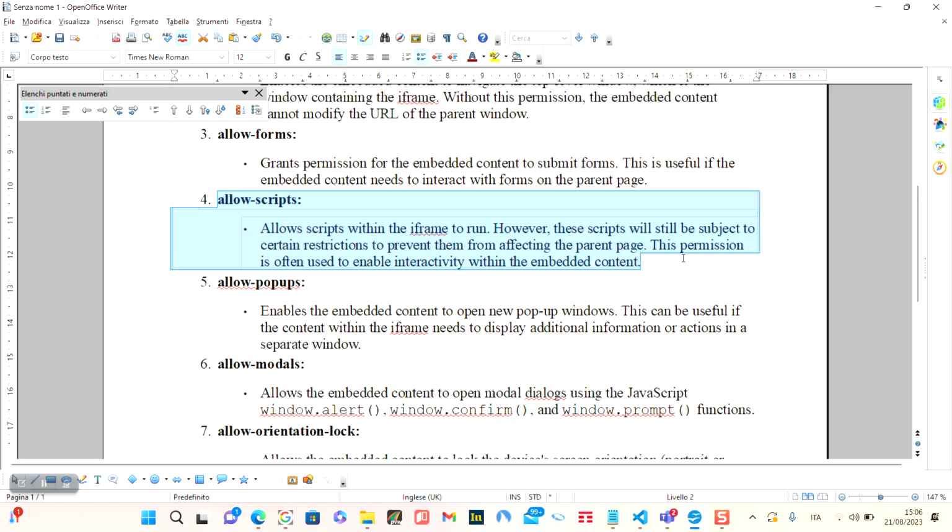Allows the iframe to run scripts, and this is used to enable interactivity in the embedded content. So this is another security issue. You have to put allow-scripts if you really need it. Same for pop-ups, which you have to enable to open new pop-up windows, of course, if you have to,